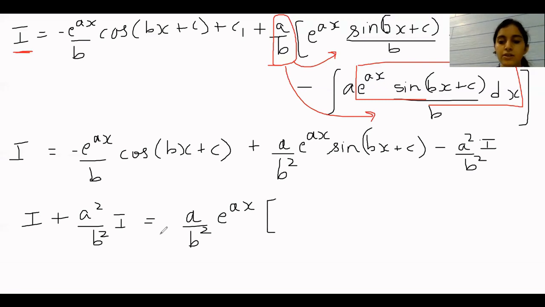And what do we have in the bracket? So we have sine of bx plus c. The second term is positive, so sine of bx plus c minus,